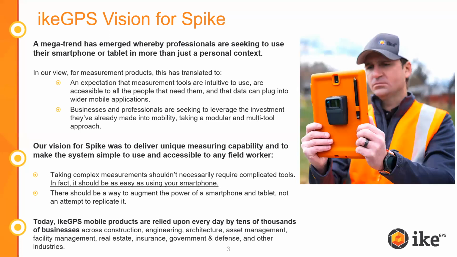And you heard me talk about accessibility already. Well, there's accessibility in how do you train people, but also can anybody afford this? So I'll just get right out front here and tell you, Spike is a $500 device. It works with an app that's free. So you look at that in comparison to the other technologies that we've been using over the last 10, 15 years, right? That's a completely different game changer when it comes to cost.